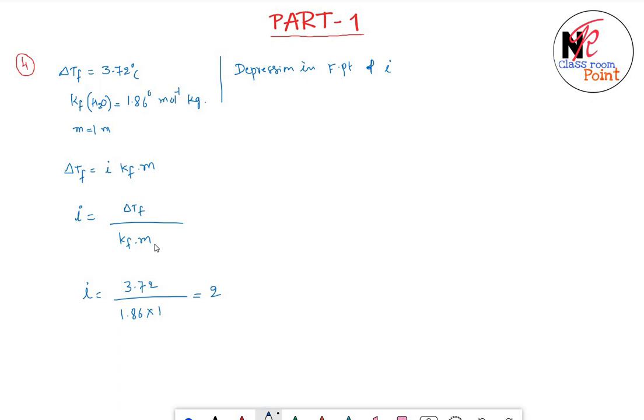Since i equals 2, there must be 2 ions when the complex is dissolved in water. H2O is not considered as an ion as it comes from hydration. So let us go with option C, where you can observe the complex Pt(H2O) taken thrice,